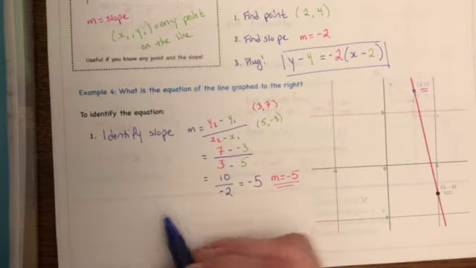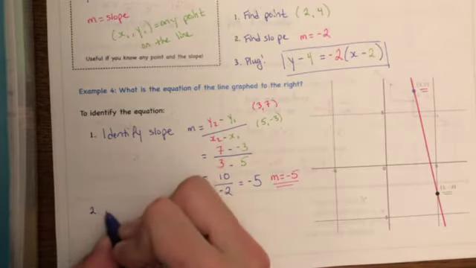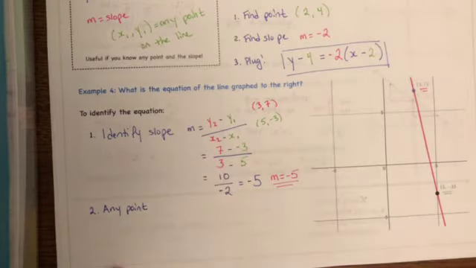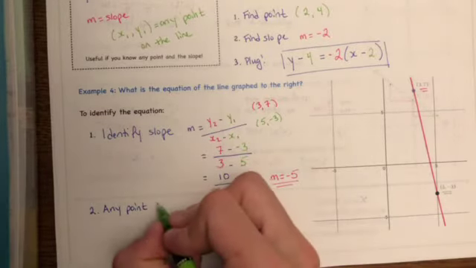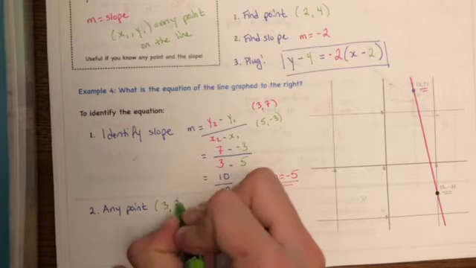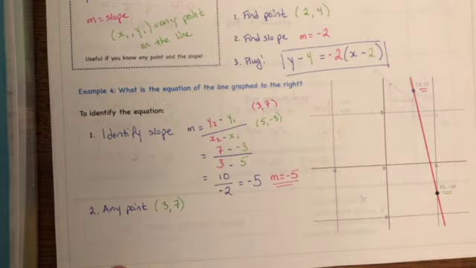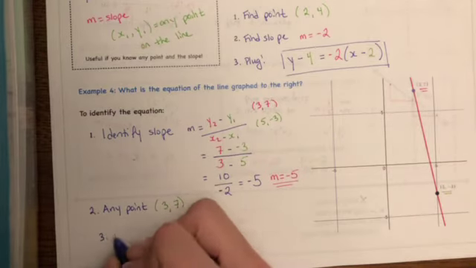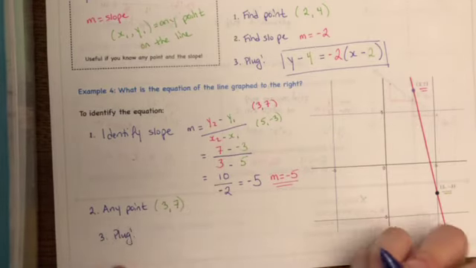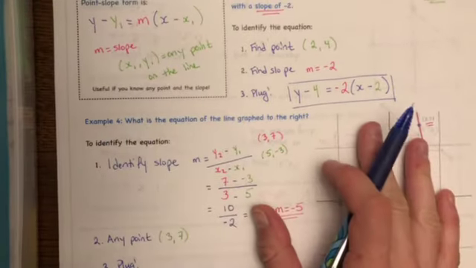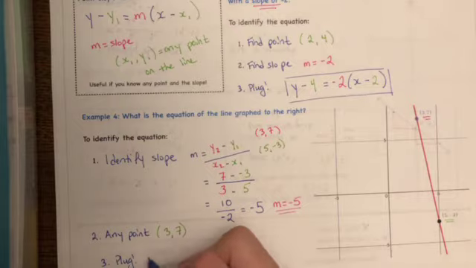The nice thing about point-slope is the only other thing I need is any point. And so we're going to use the point 3, 7, which is this point up here. Now I can plug. And so I'm going to use my point-slope form that I've written at the top. And we can see we want y minus